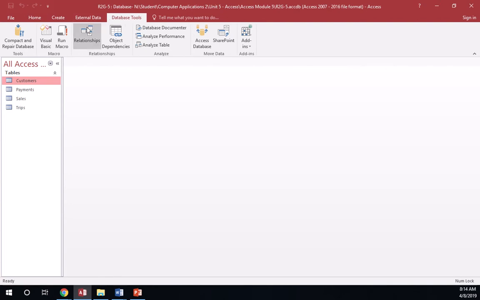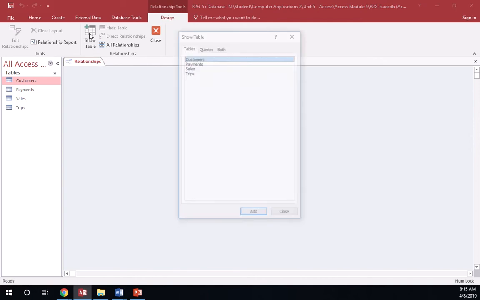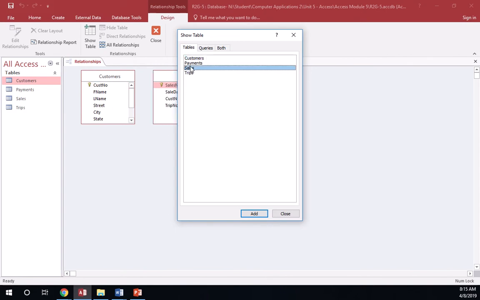And then we're going to create relationships, and this is how the different files will interact with each other, so if any data changes, it'll change throughout your relationship setup. So I hit relationships, and then I'm hitting show table. I'm going to double click customers, double click sales, double click trips,